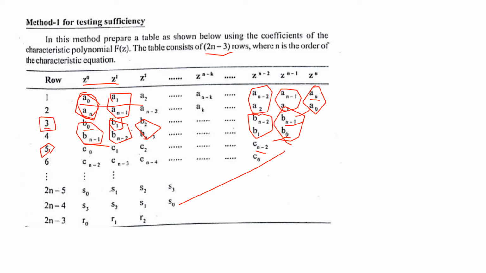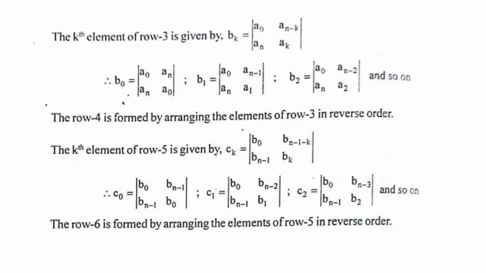So next we have some conditions to be proved. So this is what I told you, how to find out B naught, A naught An. Okay, so this A naught An is always constant, right? Okay, so this is also constant, here also A naught. So these values alone change. Okay, similarly C, when you find out, B naught Bn minus 1 is constant. Okay, so next column elements alone will be changing. Clear?